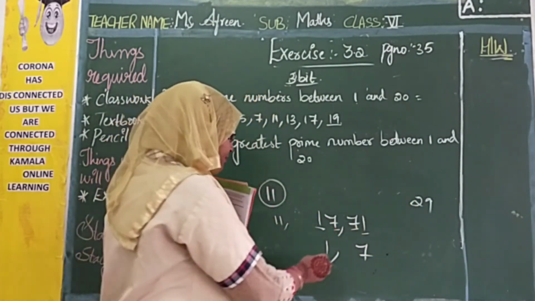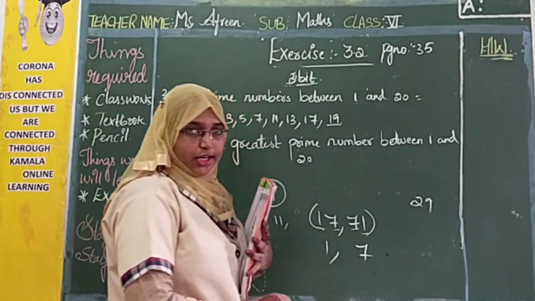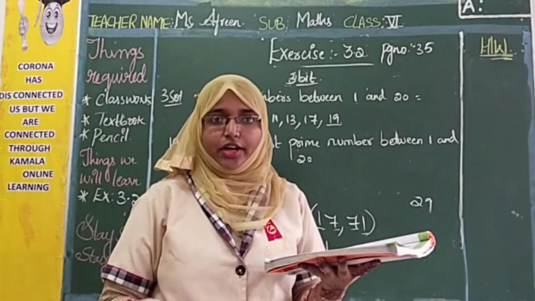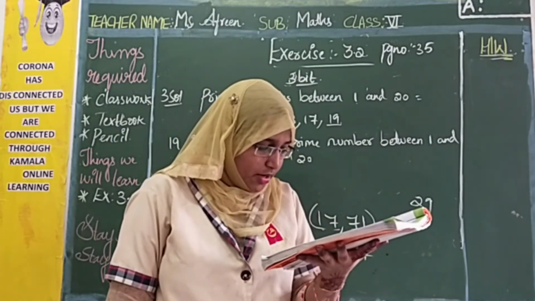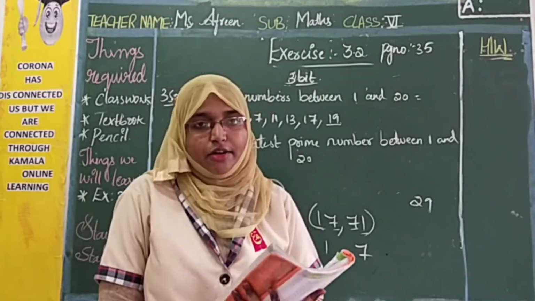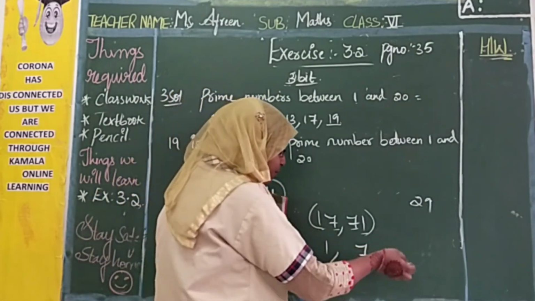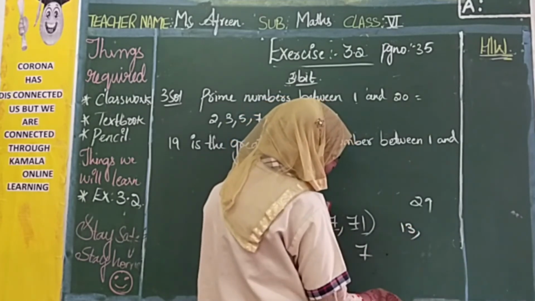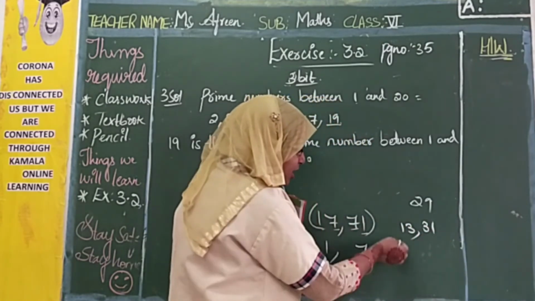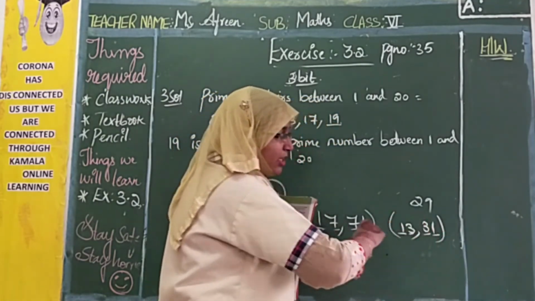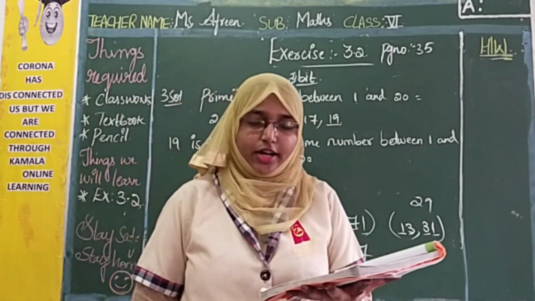Find two more such pairs. This is one pair, two numbers. We call it a pair. We have a pair of hands, two hands. A pair of ears, two ears. So same here, he is telling us to find two more such pairs of prime numbers below 100. That means they should have the same digits. Like 13 is a prime number and 31 is also a prime number. Here 1 is there, here 1 is there. 3 is there, 3 is there. Like such pairs, find three pairs and write them down.